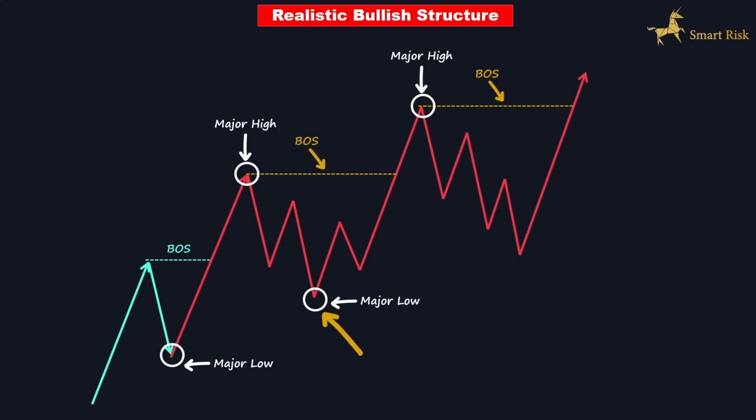You might be wondering why we don't regard this low structure as the major low. The rationale behind this is that the low located at the extreme is the ultimate and lowest point before the price initiates an upward movement. This particular low is crucial as it is the key low that triggered the upward movement and subsequently the break